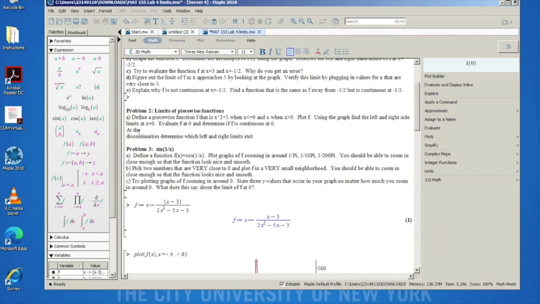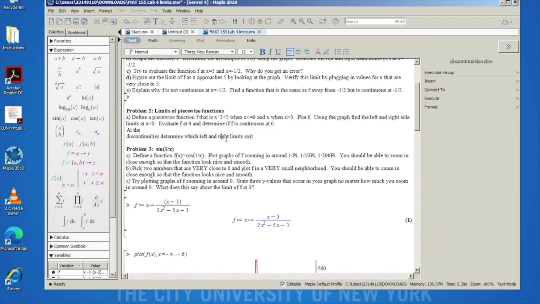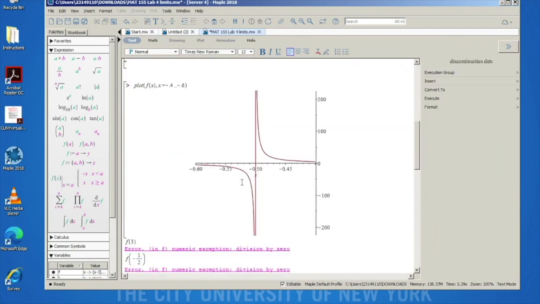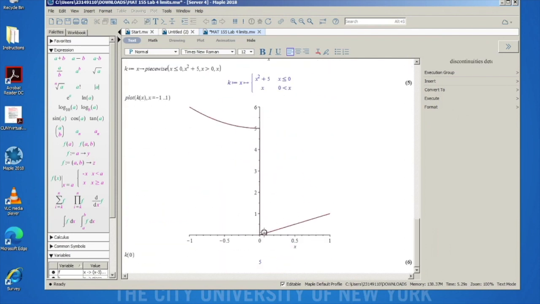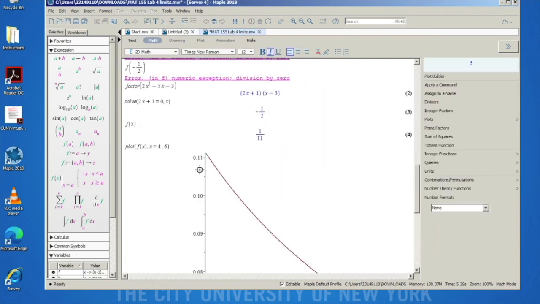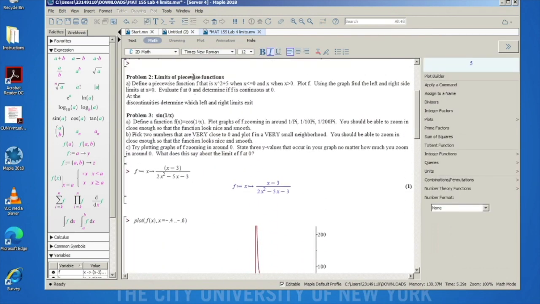Now, finally, we already did this, is to determine which left and right side limits exist. And again, they do exist, and they happen to be 0 from the right side and 5 from the left side. And that takes care of that problem. Finally, for problem number 3,